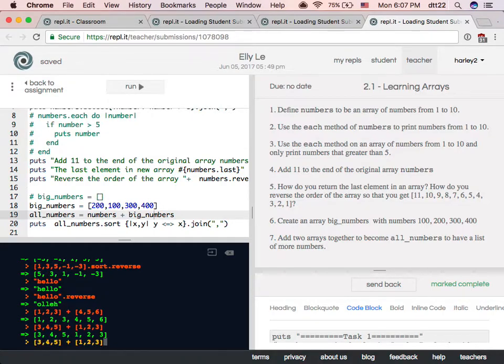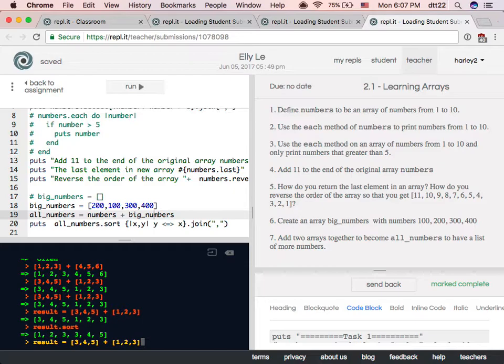So if you want this, but you want 1, 2, 3, 3, 4, 5, then what do you do? You put this into an array, right? You say result, and then you say result dot sort. Yeah, you can even combine them like this if you are lazy.